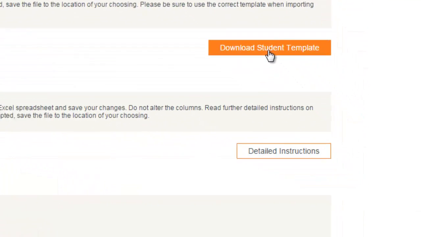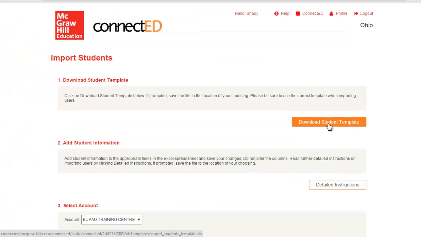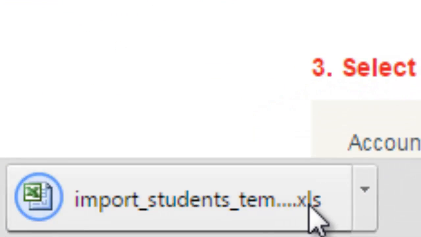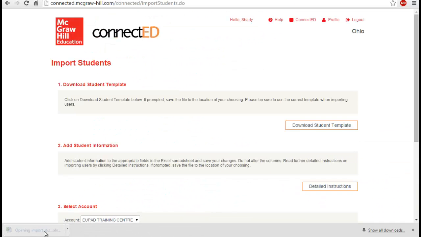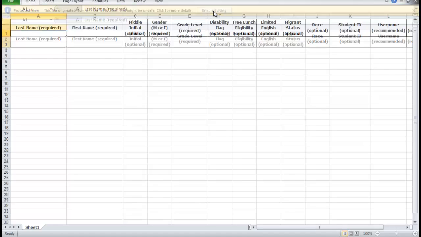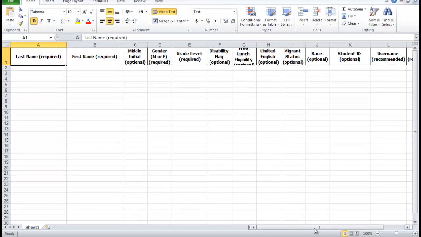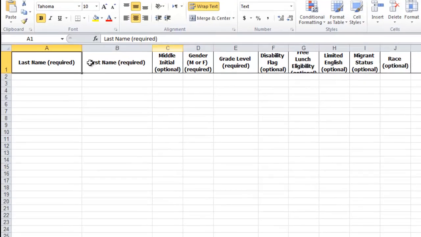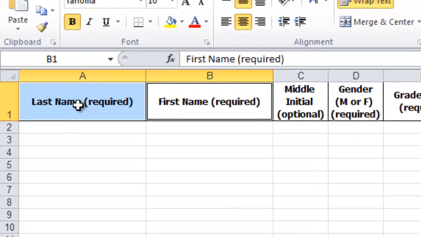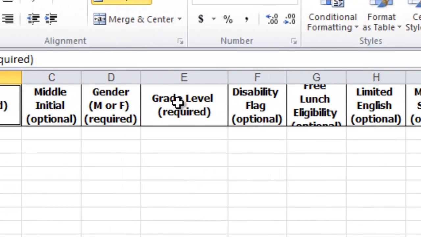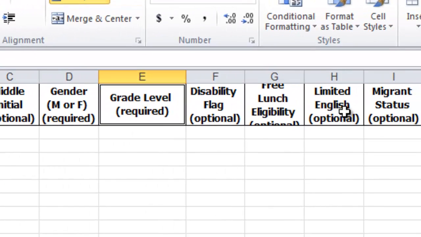So we are going to download the student template here, and as you can see, it is being downloaded here. It's an Excel sheet. Let's open it. And as you can see, it's a normal Excel sheet, and the header here is going to tell you the required information and the optional information. So let's highlight the required information. You need the last name, you need the first name, and you need the grade level. Also, you need here the gender,